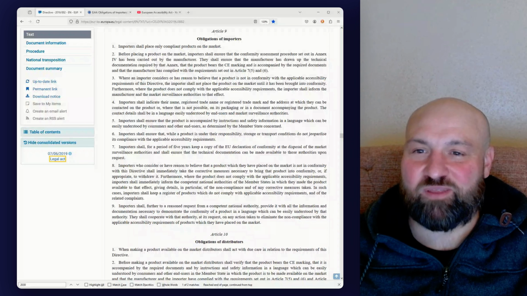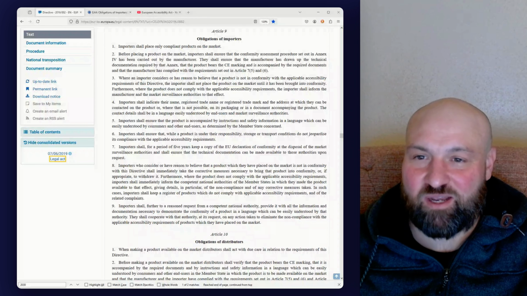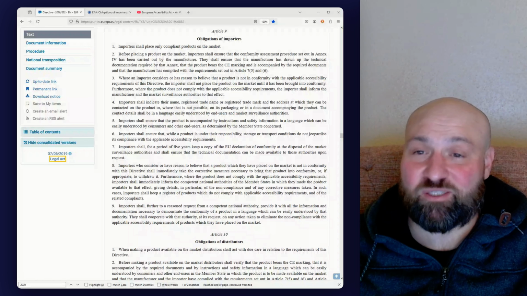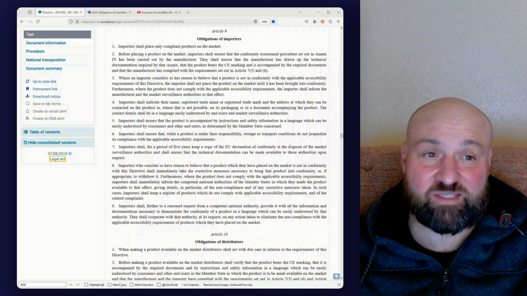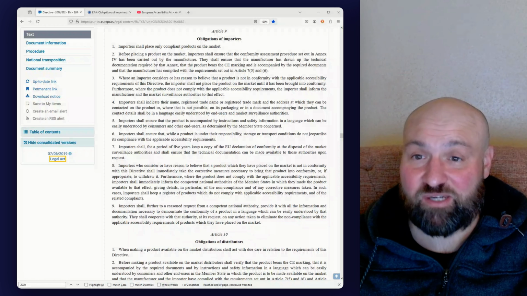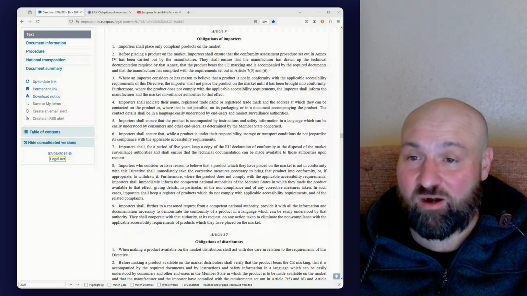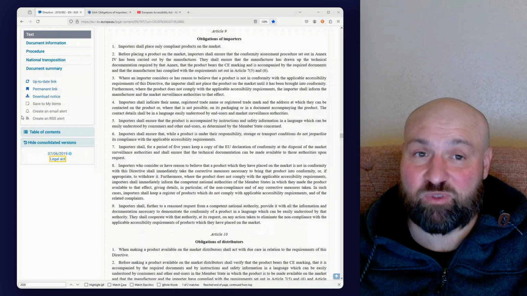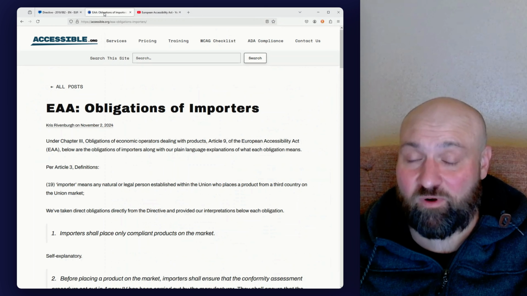Let's go over the obligations of importers under the European Accessibility Act. And so on the screen with me, we have the directive itself. We're looking at Article 9, Obligations of Importers. We can see that there are 9 paragraphs, but we're actually going to use the accessible.org blog post for these